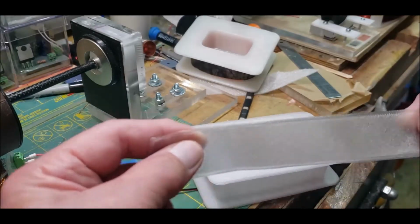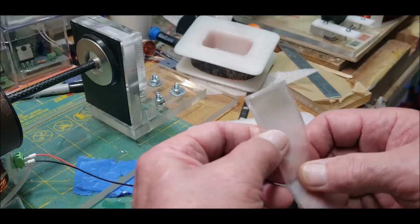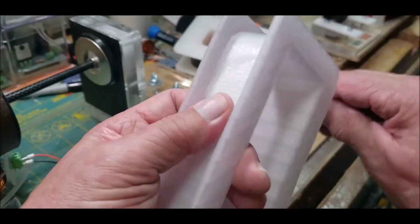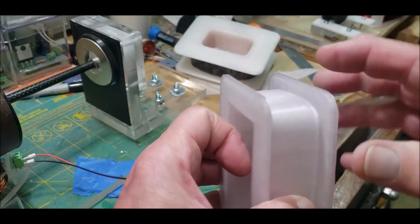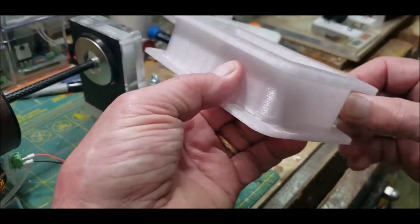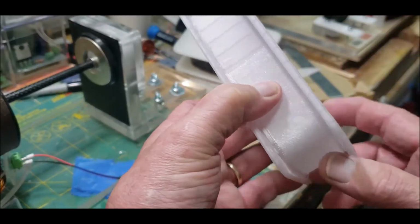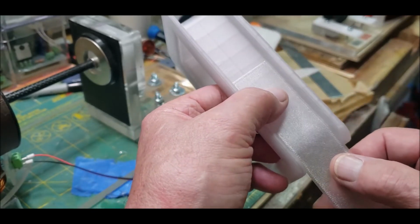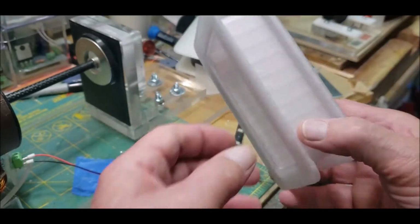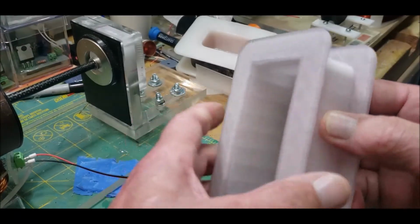And so what I did was I printed out these strips which are flexible. And this is 0.3 millimeters. And it goes around like that. And I can tape it, and I can use this as a separator. And I've made enough, and these are long enough, so that I put one on one side, one on the other side, and tape it, or just tape them both together prior to it, making sure that they butt up against each other and don't overlap. And so that's what I'm going to do to separate the layers